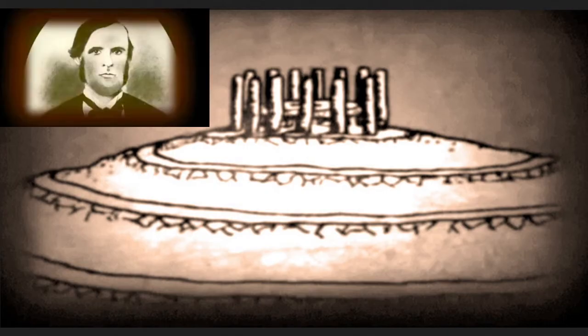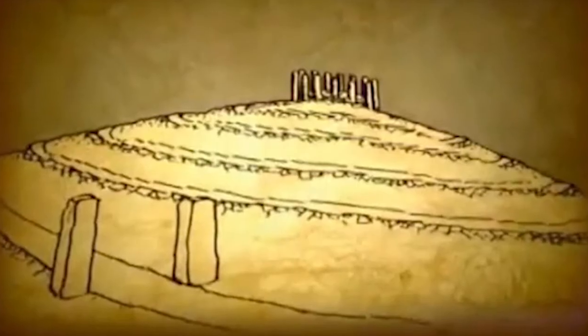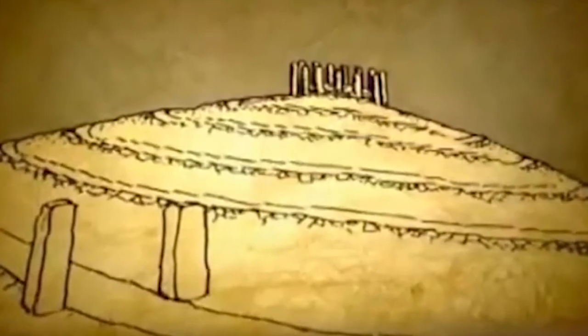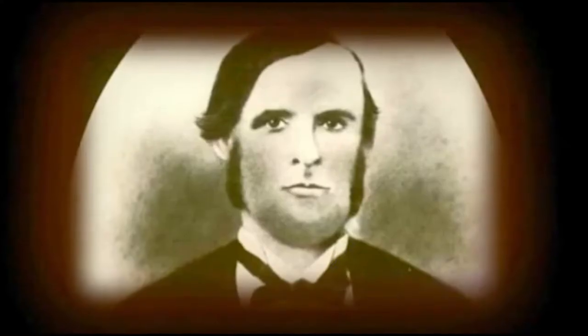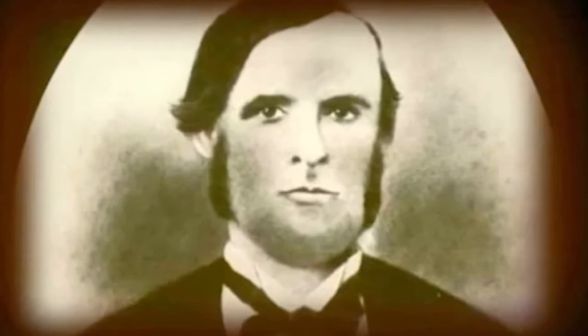So, John Green was totally gobsmacked by this discovery. Eat your heart out, Indiana Jones. John Green was a pretty adventurous man who dared himself to step into the unknown. He was guided by the local Aboriginal tribe, as they thankfully never once disturbed nor interfered with the intact structure. Neither did he. In fact, his wish was for the world to come to Down Under to explore this totally